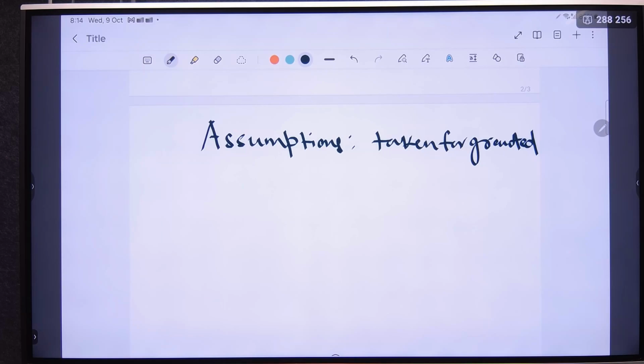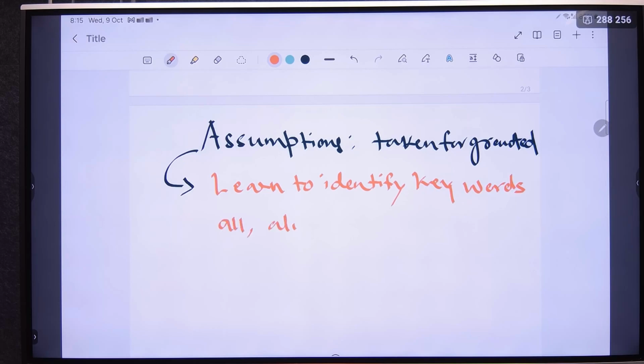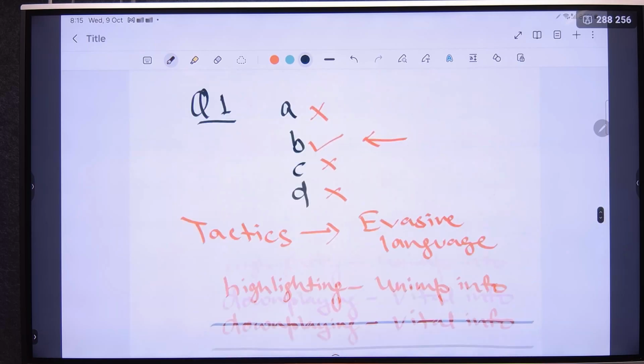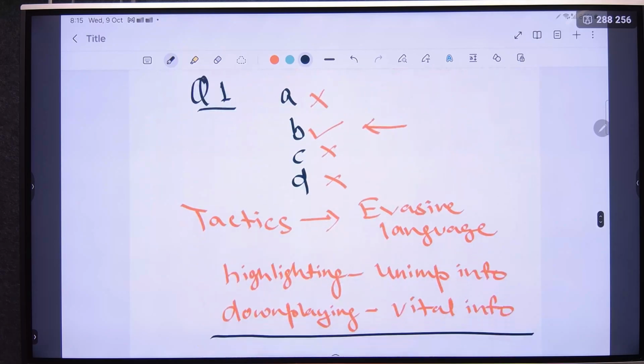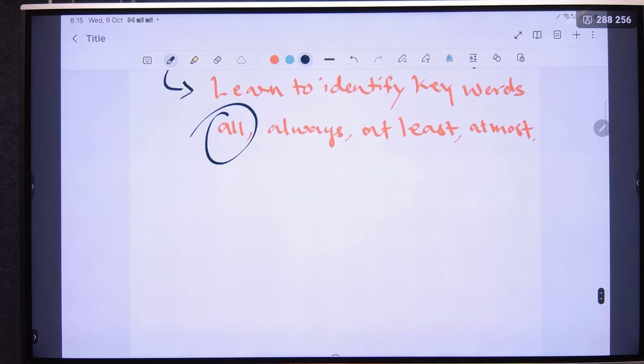Now where we go wrong, I will come to that, and to assist you in all this, you need to learn to identify keywords. This is very, very important. Now these keywords could be all, always. I am telling you these to identify assumptions. At least in the previous video you had seen words that identify a conclusion; here, for assumptions: all, always, at least, at most. Look at what I am telling you here: I could have written "all humans think alike," right? I have not written that here, but it could be an assumption. So you can see that the word all is used. So all, always, at least, at most,